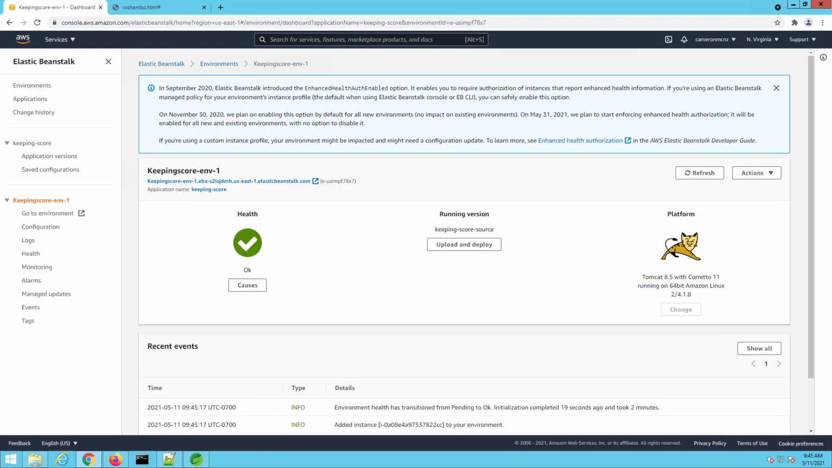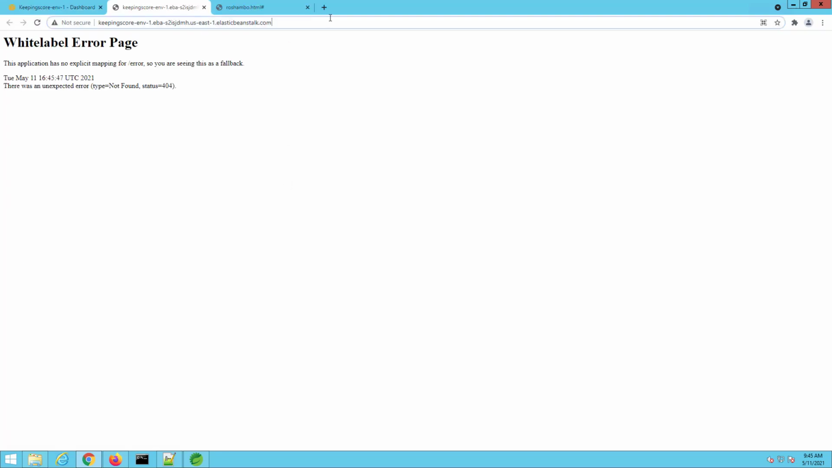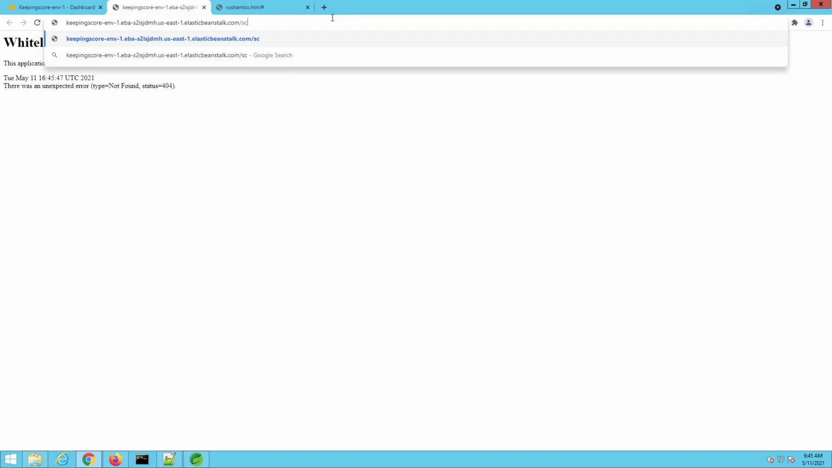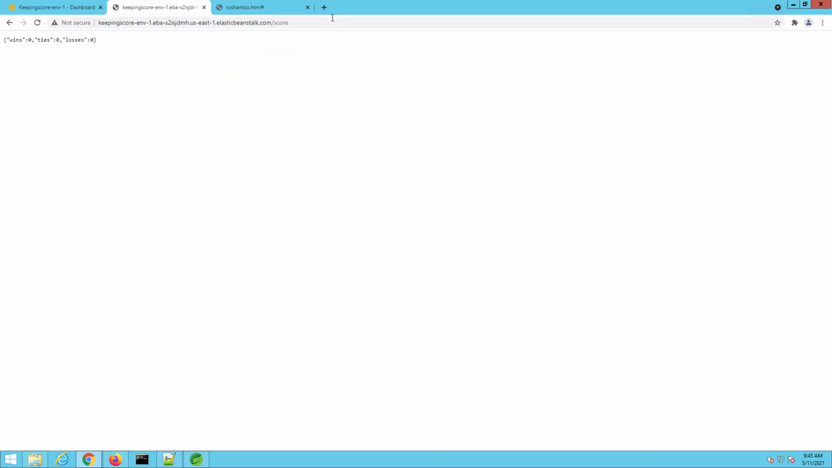Okay, and it looks like my application is now deployed. It does say that we've got a URL over here as well. Now, I'm going to click on this. It's actually not going to work because I don't have anything mapped to the default URL, so I'm not worried about that. Whitelabel error, but I will say /score, and look, all of a sudden I've got JSON back,